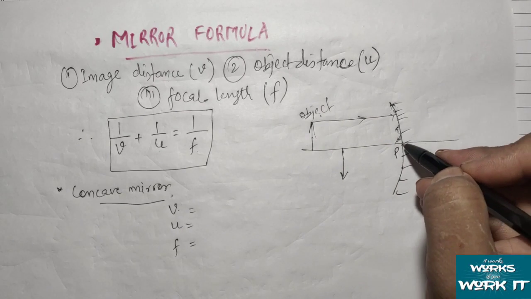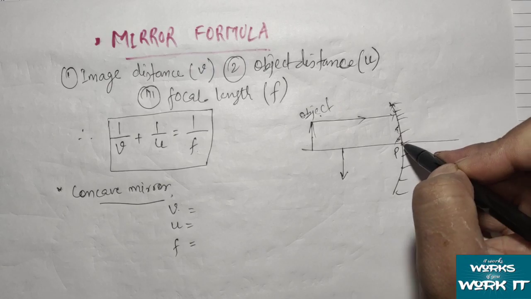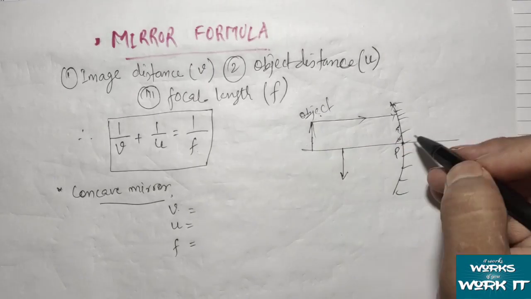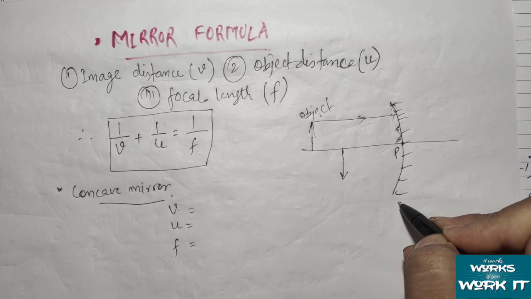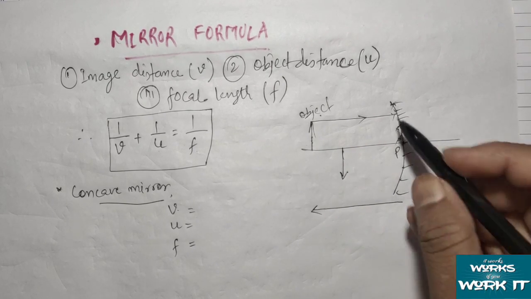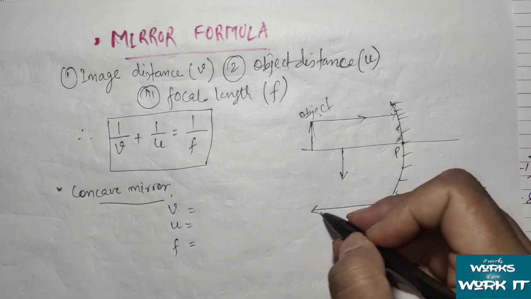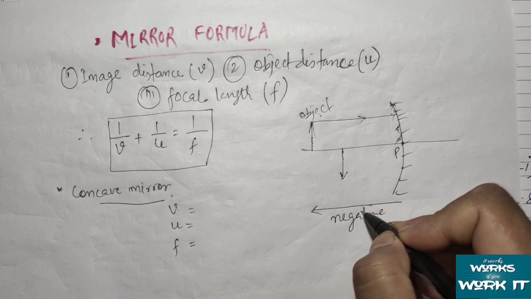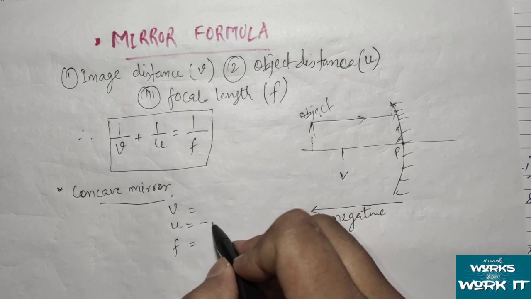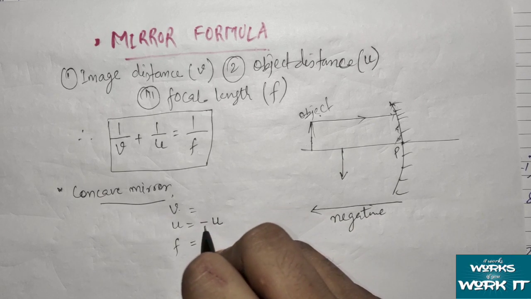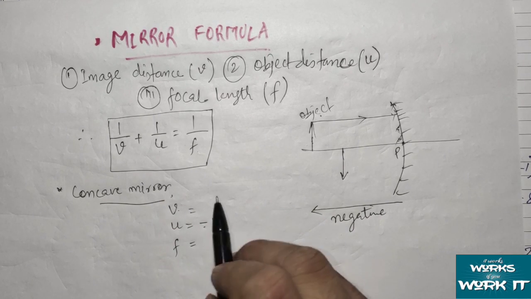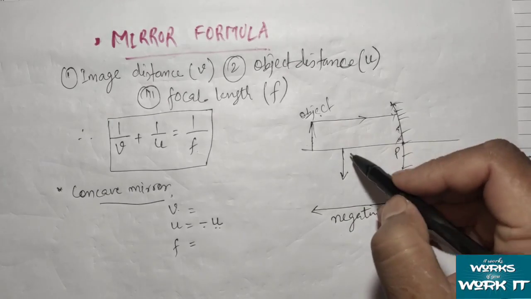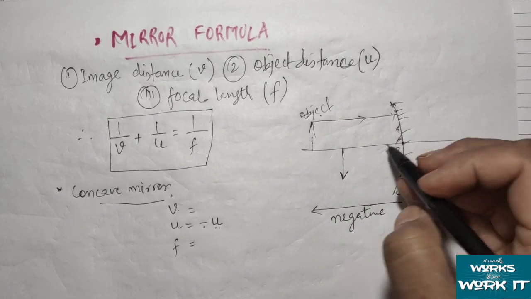Now every measurement should be measured from the pole. So to measure the object distance from the pole, I have to go opposite to the direction of the incident ray. Going in the opposite direction gives us a negative value. That's why for object distance we have to use a minus sign in a concave mirror, and any value given will be put in place of u. Next, if I say the image distance, again I have to